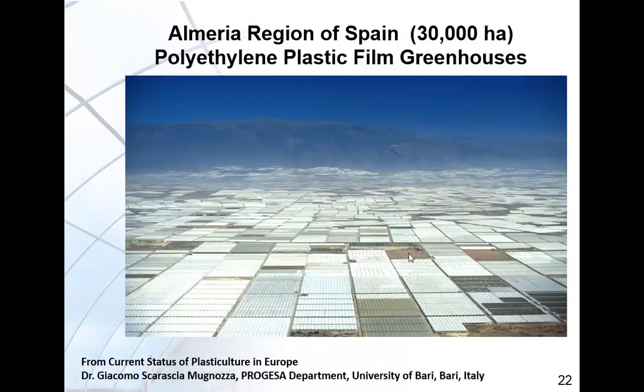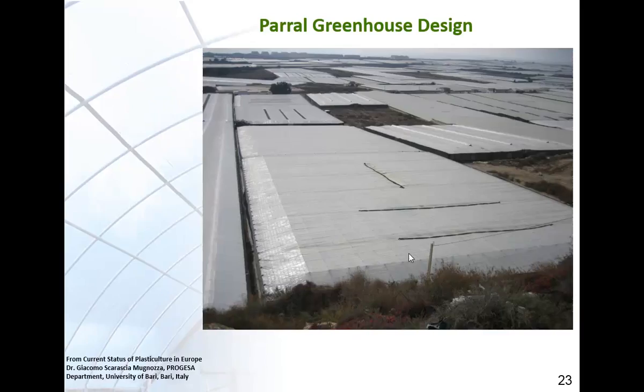The Almeria region of Spain, with 30,000 hectares in one location adjacent to the Mediterranean Sea and backed up against the mountains, as you see in the background. A continuous sea of white-looking greenhouses covered with polyethylene film. A closer picture of the Parral design, which is a cable and wire supported horizontal or flat roof with no